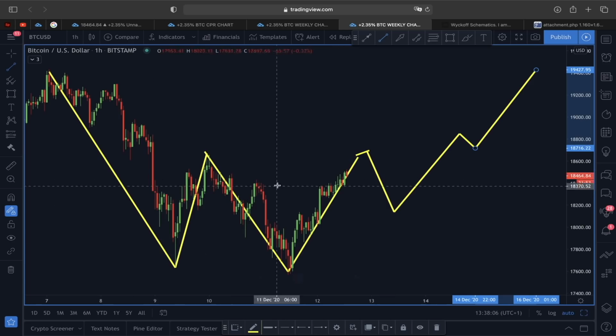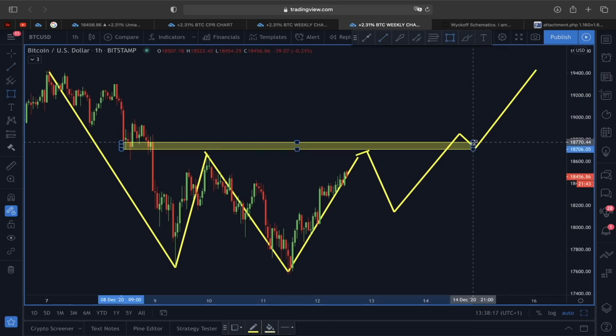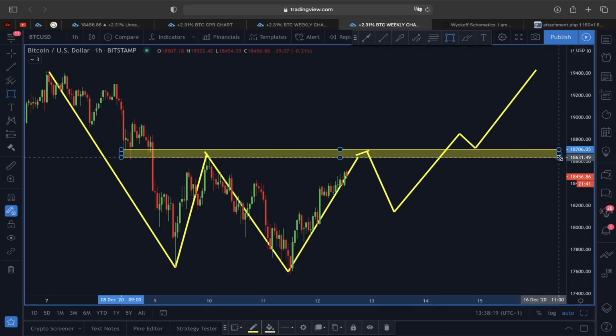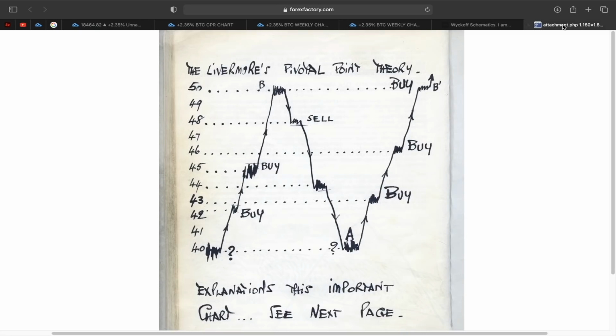But now looking at this price structure, which is giving me a sign that there is a possibility of price heading to the upside if we are actually able to break the neckline area. This neckline area is around 18,650, which I've already told you guys. And not only this, guys, if we look at this scenario here and look at this Jesse